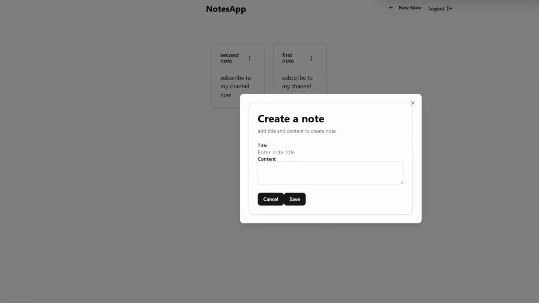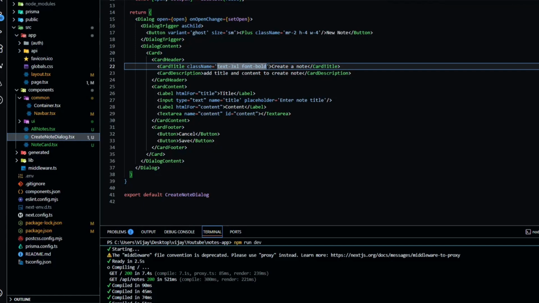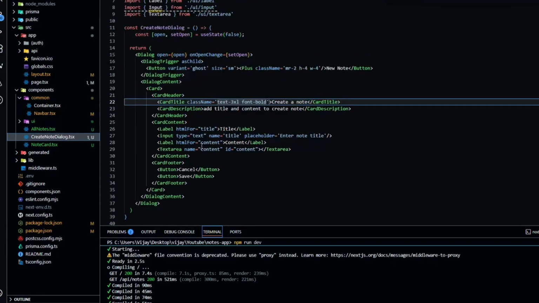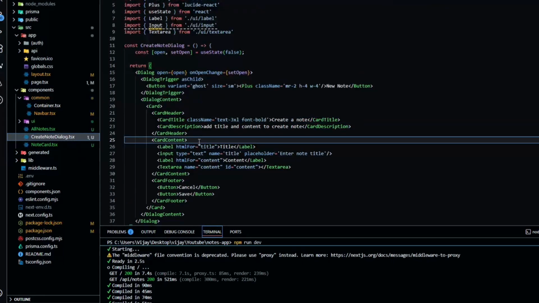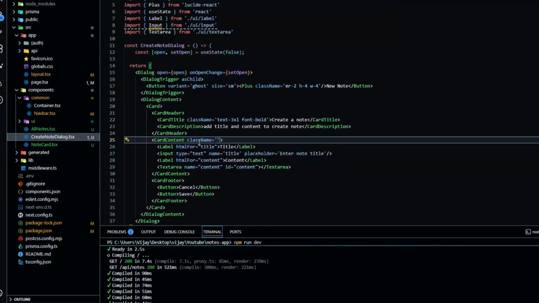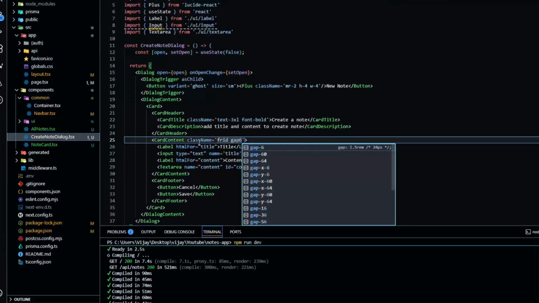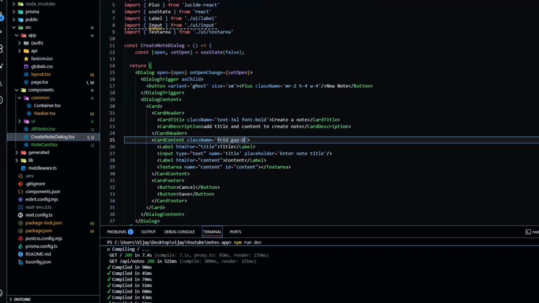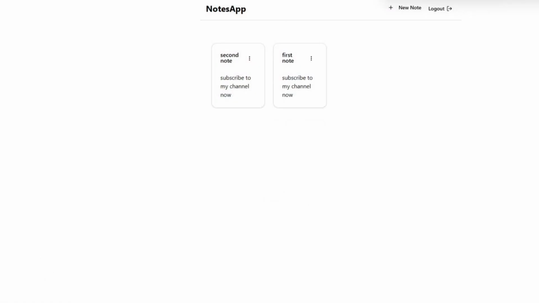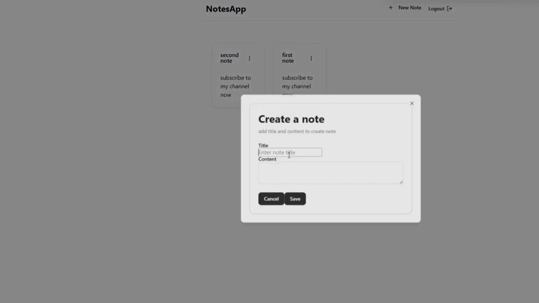Next, we are going to add padding for this. So let's add padding. For the card content, I am going to add grid. Gap is going to be 6. So add card content, class name. Okay, class name is going to be grid. Gap is going to be 6. Let me check how it is looking like. Refresh. Let's open again. We have a gap between this title and this title. So let's add gap for here. So let's go to